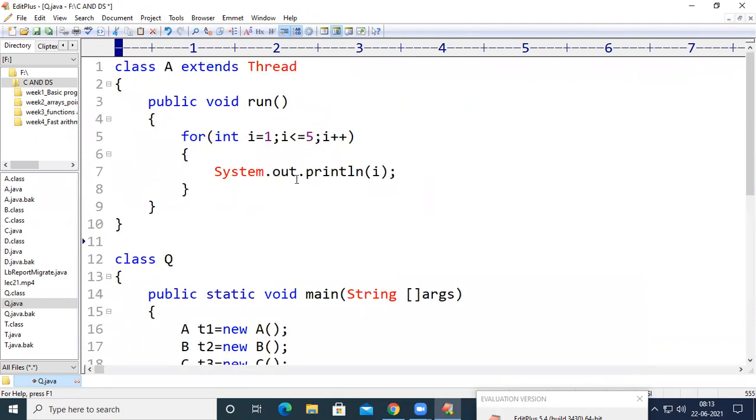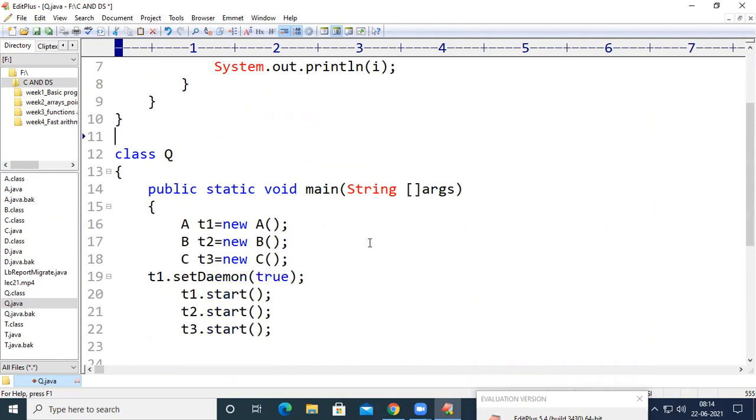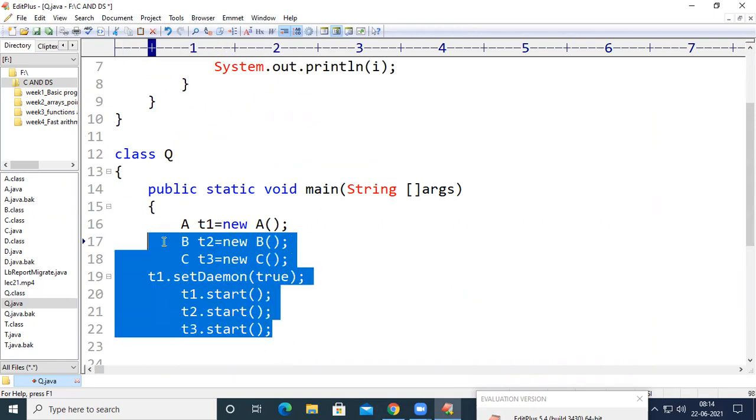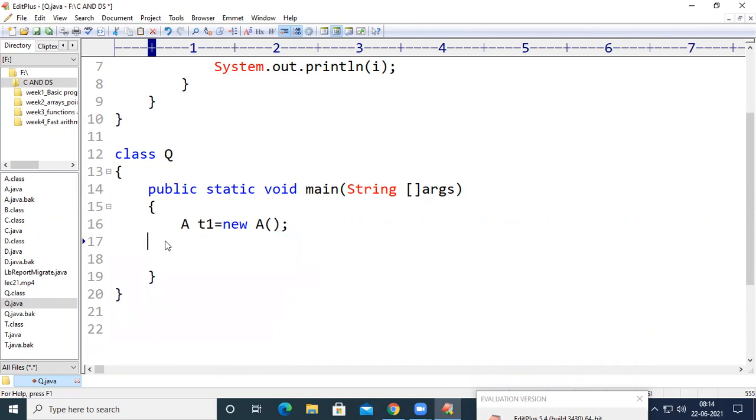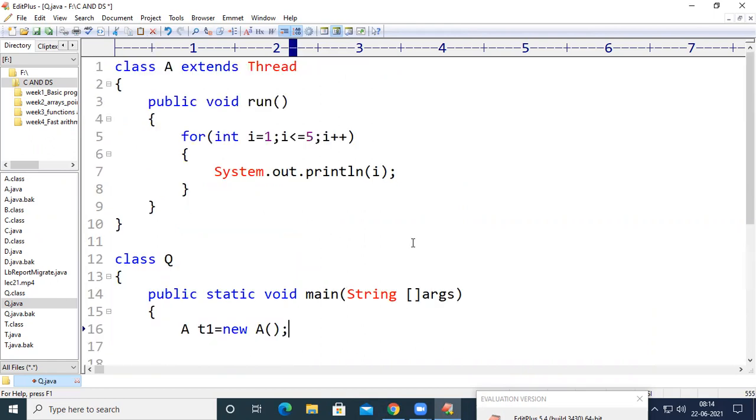So see here, there is only one class A, and inside that I have a run method, and this method is going to print the numbers from 1 to 5. Now, instead of creating different threads for different classes, I want to create a couple of threads for the same class.